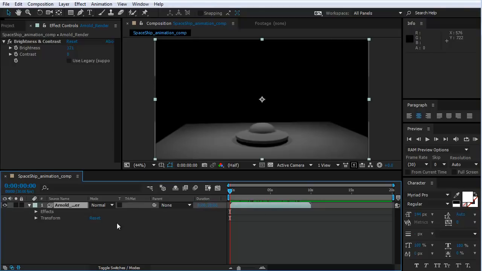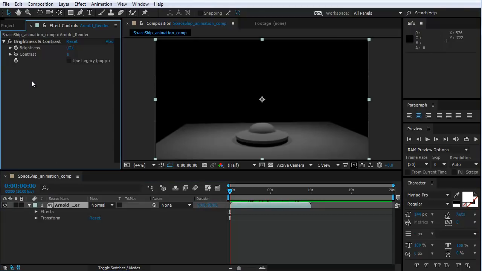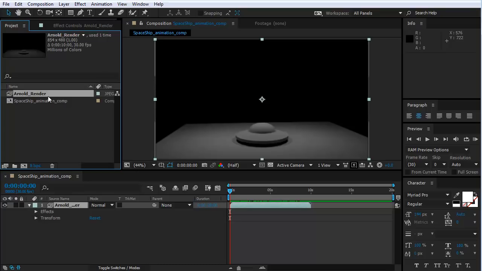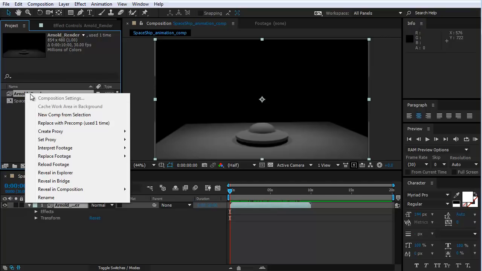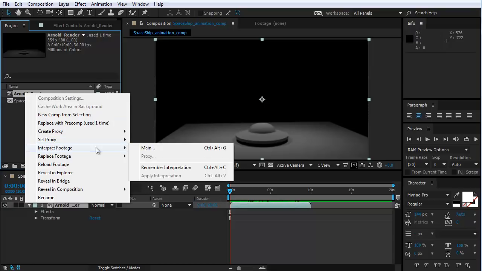So go ahead and go back up here to your project. Now, I'm in the effects control here, so I'm going to click over to the left. You'll see the project tab. This shows me all of the assets that I have in the project, and I'm going to go to the sequence here, Arnold Render Sequence, and go ahead and right click on there and go down to Interpret Footage and